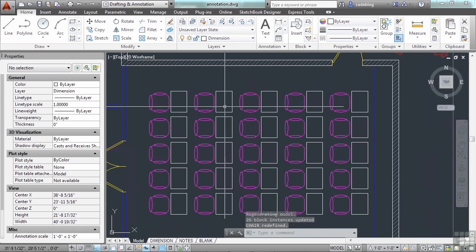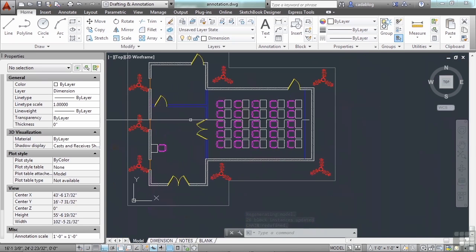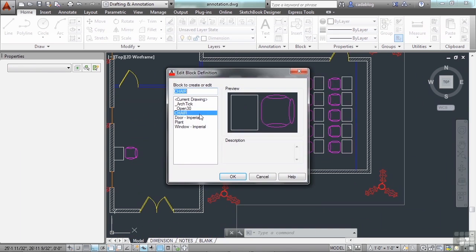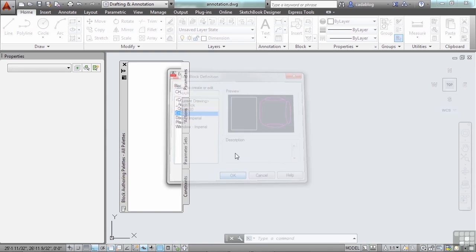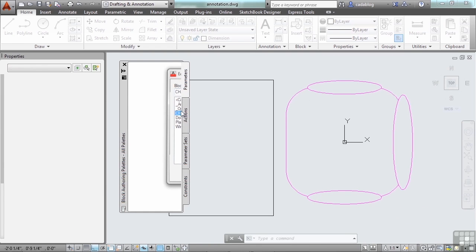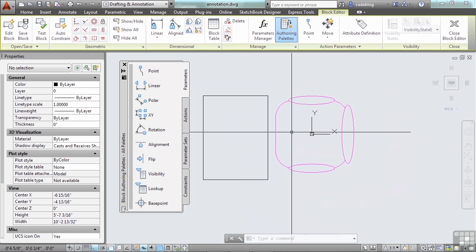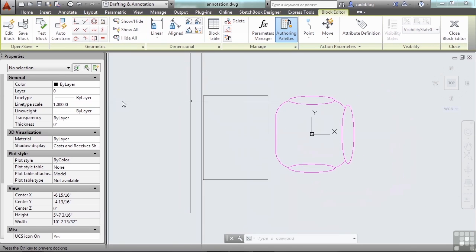So now we've set up a room with tables and chairs, and we can make changes to it globally very quickly. That's the beauty of blocks. Now if we look at the block editor again, just double click on one of the blocks, pick chair, okay. This will open it up in the block editor. I can't see anything else but the line work for the block. It isolates it, but that's okay.